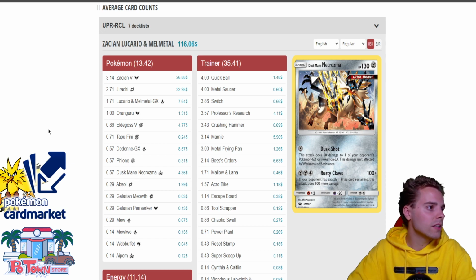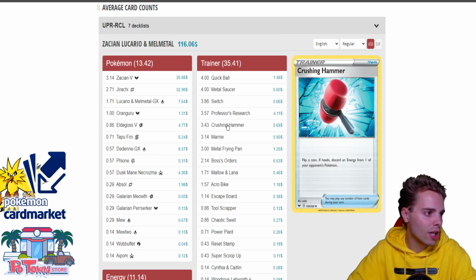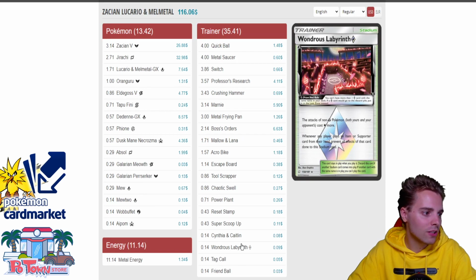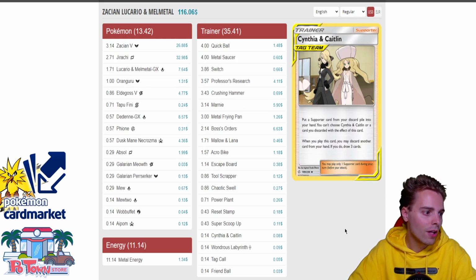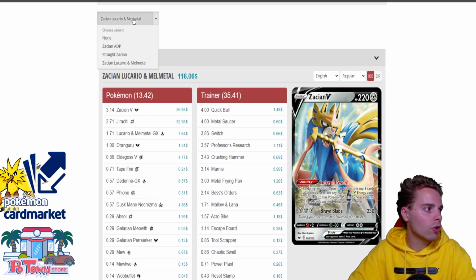So this deck does survive, but it will have to come with the problem of its weakness, and that's the Metal Frying Pan being rotated. You can still have Crushing Hammers, still being tanky as ever. You may be running the Wondrous Labyrinth, slowly pulling the opponent down even further. The deck still survives. So you can run Zacian Lucario Melmetal, or you could be running Zacian with the Galarian